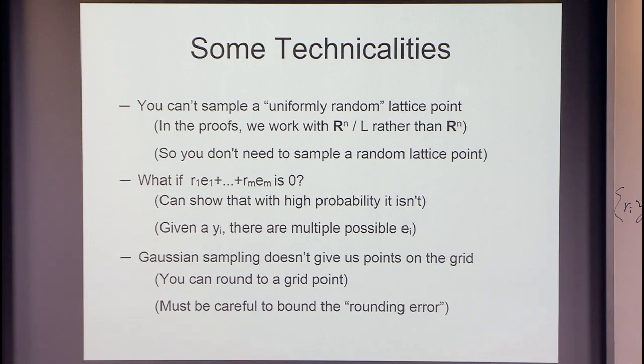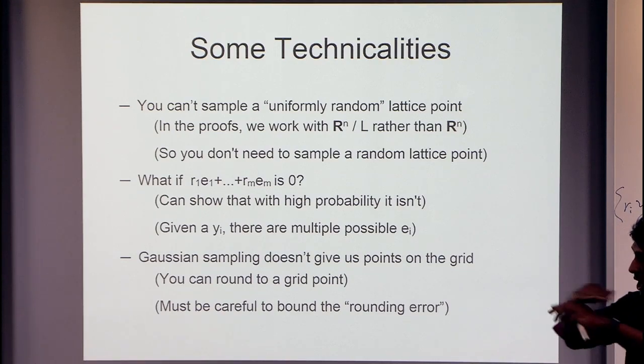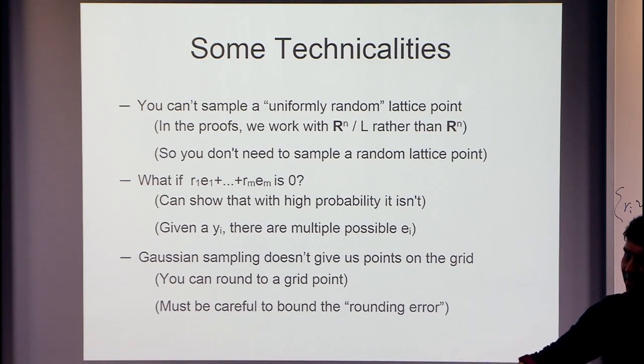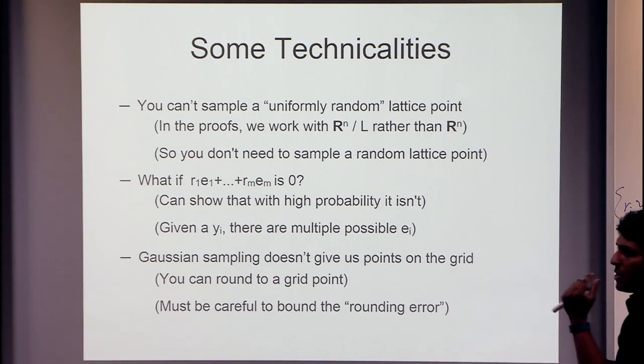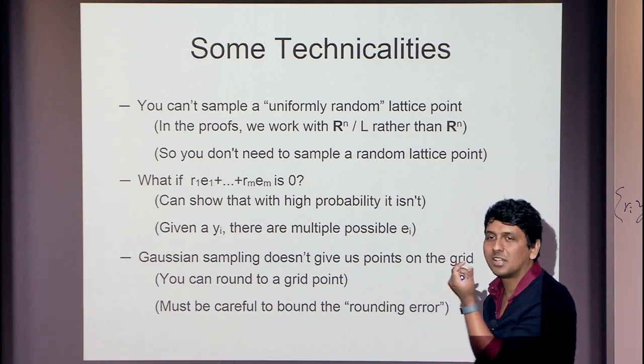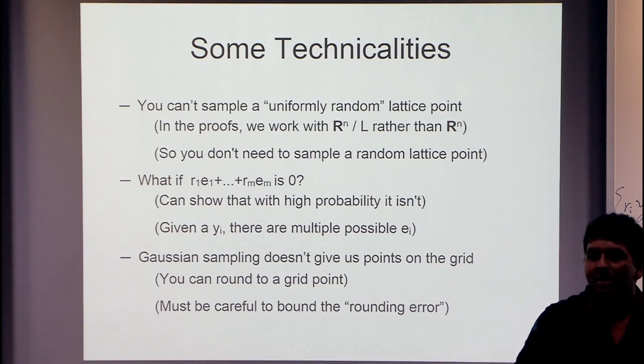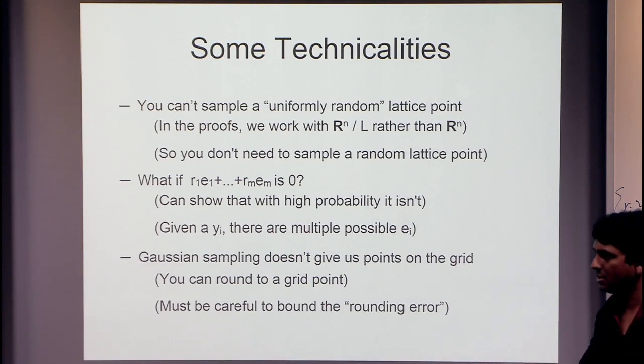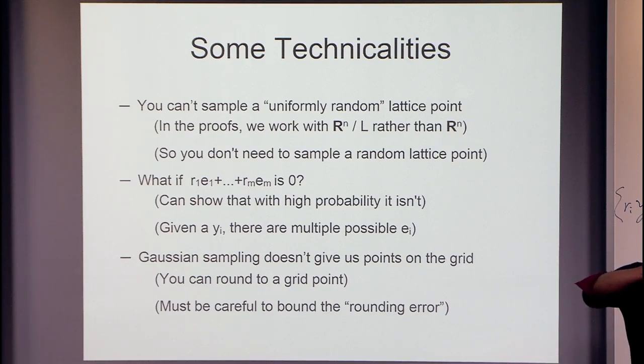Okay, so finally, I assumed, and it's a big assumption, that when I sampled from the Gaussian, I actually got points from this finer grid. This is never going to be the case. So you have some sort of an additional rounding, which you have to take care of, and it'll make your shortest vector not so short anymore. That's why you need Q to be large enough, so that this fineness is so large that when you round, you don't add too much. If Q is 2, then you're really adding a lot to this.